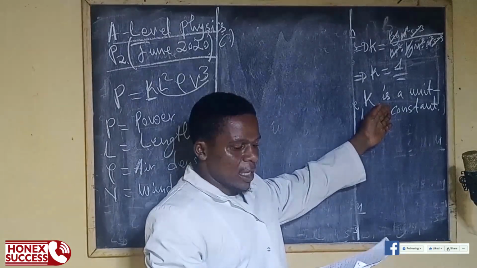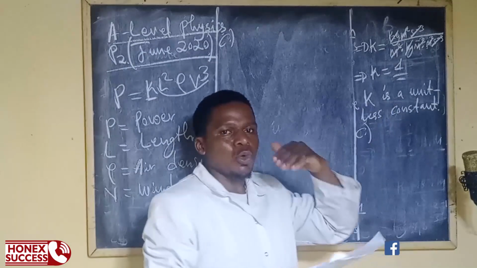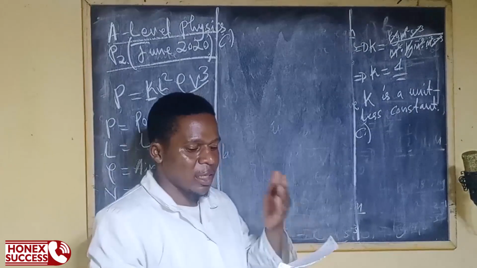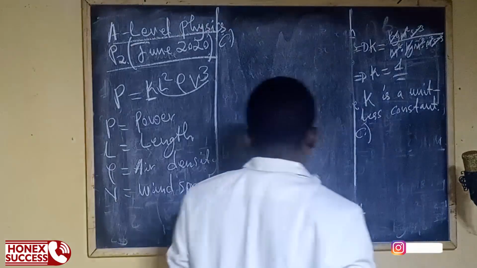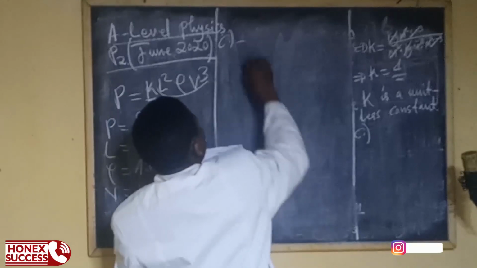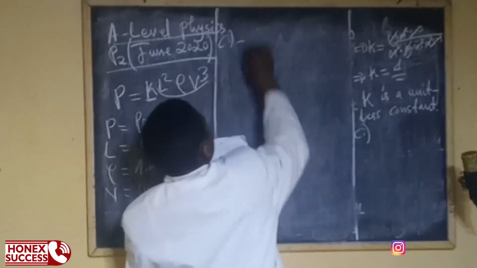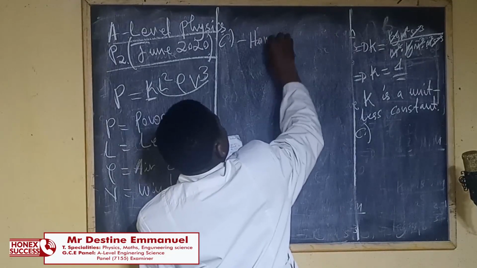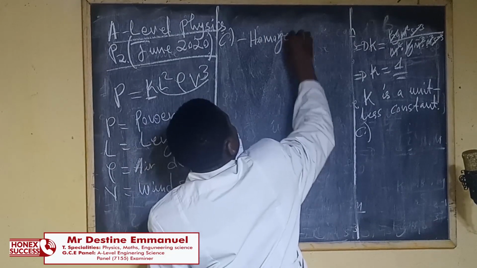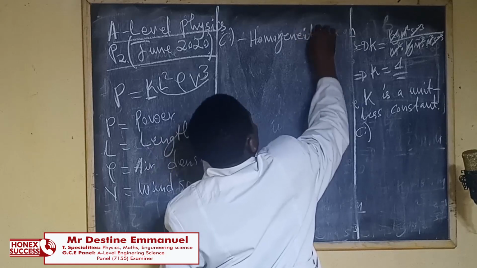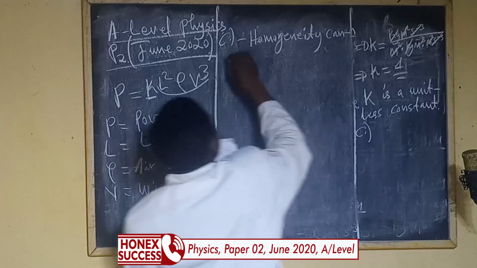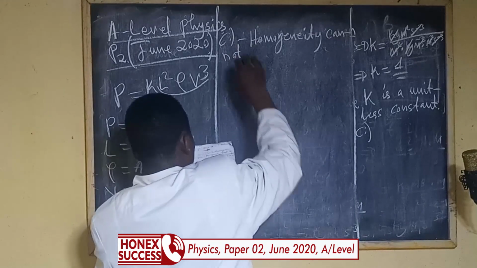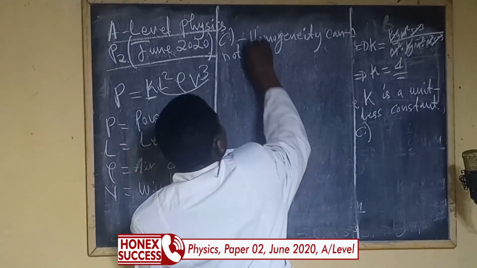We have some other unitless constants like pi and also angles. So the first point there is that homogeneity cannot be used